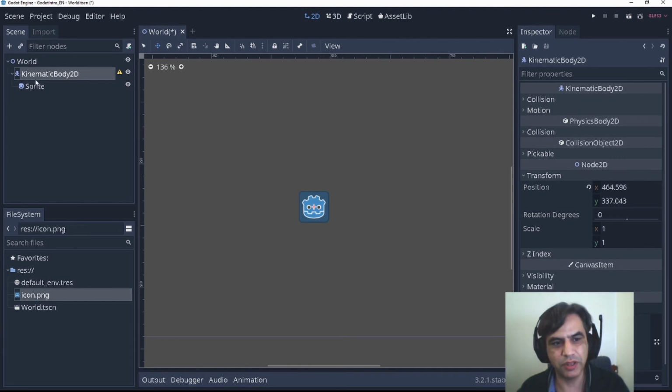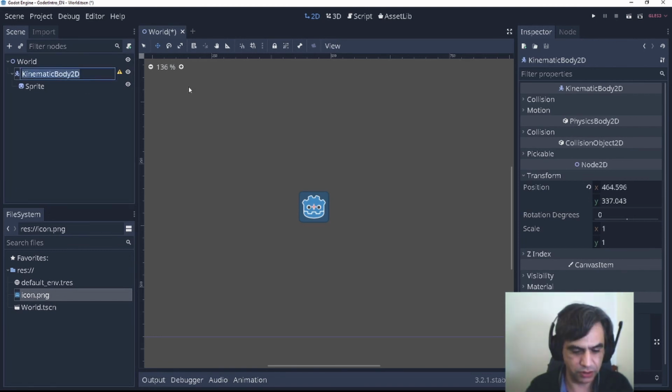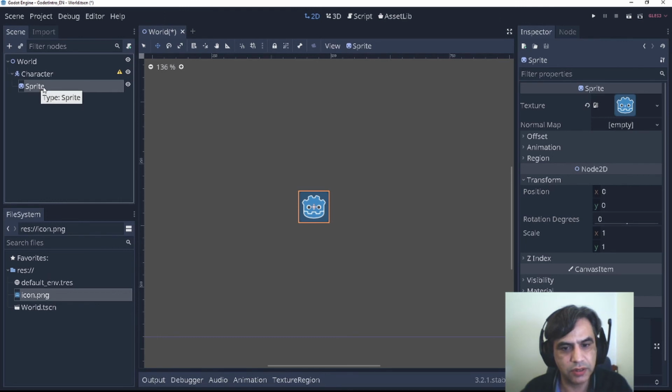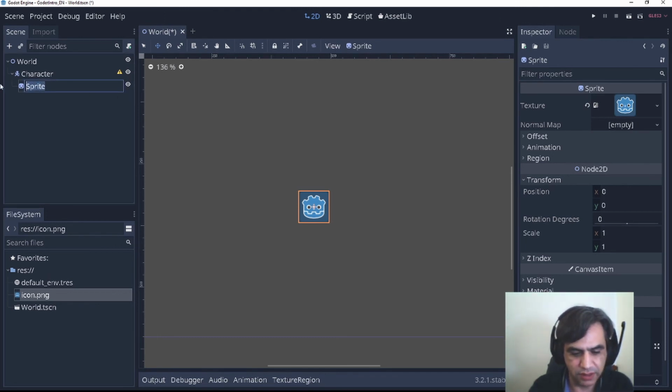So kinematic body, sprite. The kinematic body, I am going to rename to character. Character is the person that you are going to control. And the sprite, we can say that is the main skin, whatever.